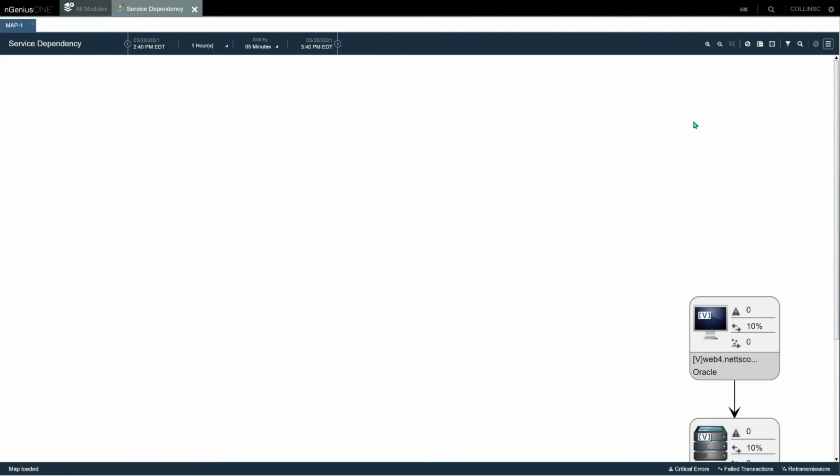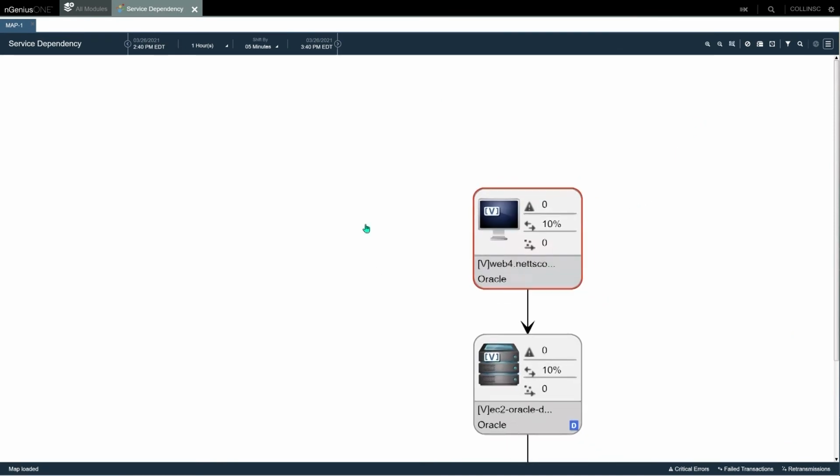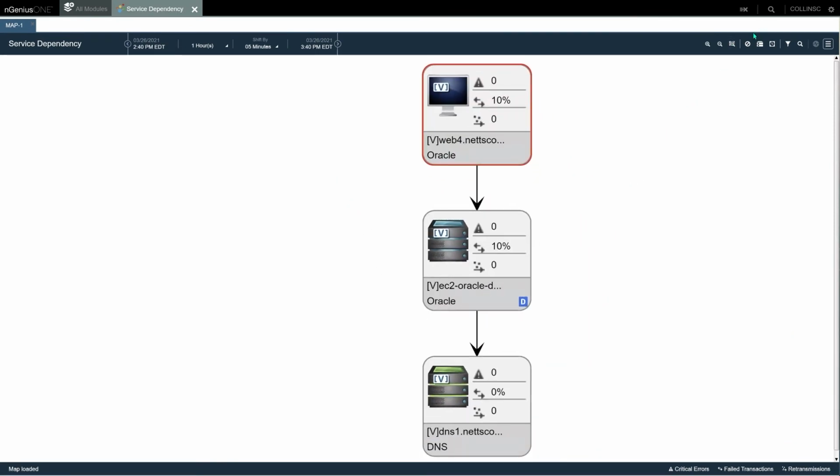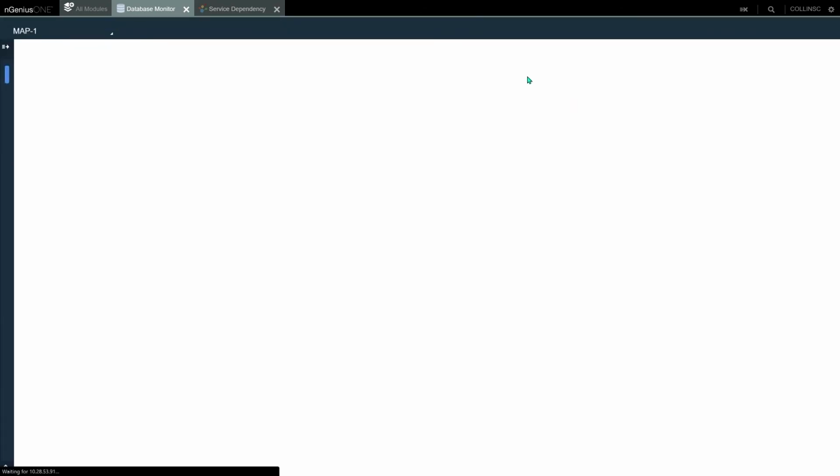Really critical within a virtualized environment. We'll blow it up here so you can see it. So we can see the flow. We can change the metrics at the top and look at things like response time. And the metrics are down here at the bottom of the screen telling you what it is. I can go to the database monitor from here. Same old workflows that we had.